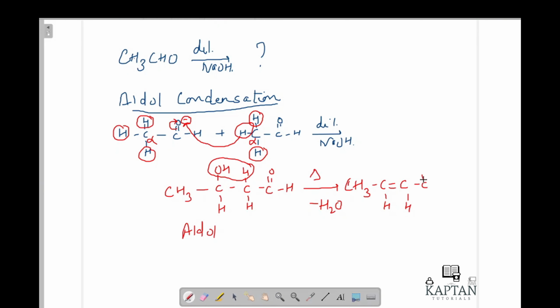Okay. Now, it is another, just see, simple condensation reaction, and we call this the aldol condensation reaction. So this is the role of dilute NaOH where there is a presence of alpha hydrogen, which I have written right now. Okay. So now in the next video, I will explain a functional group where there is an absence of alpha hydrogen, and the reaction will be called the Cannizzaro reaction. So wait for the next video. Okay, bye bye all of you.